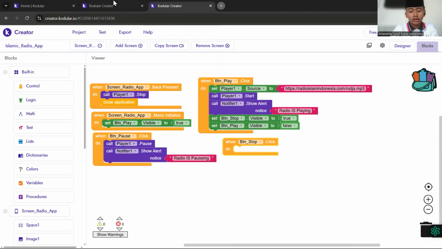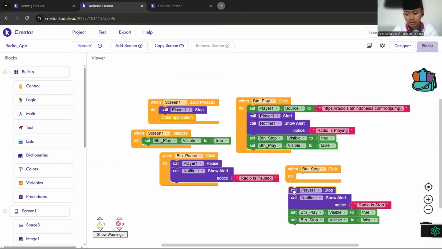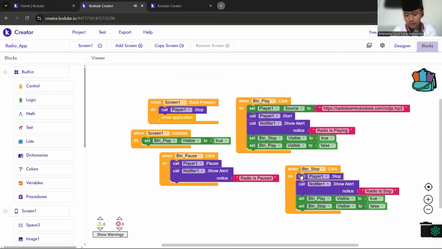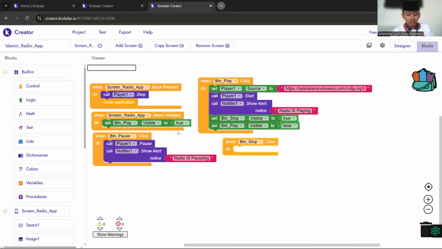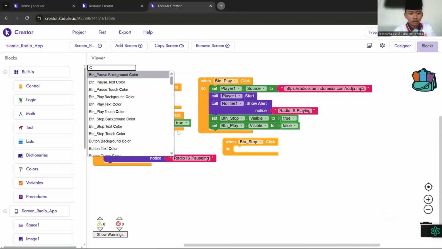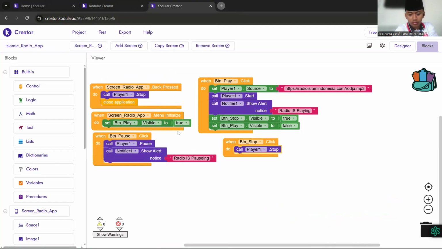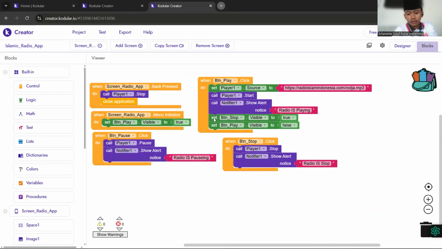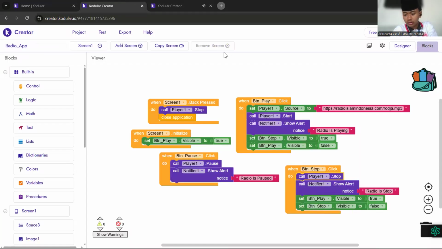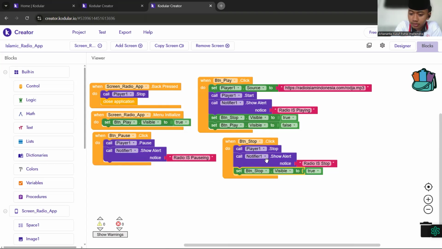When btn stop click, we just give call player one stop, then call notifier show alert, radio is stopped, then btn play visible true, btn stop visible false.